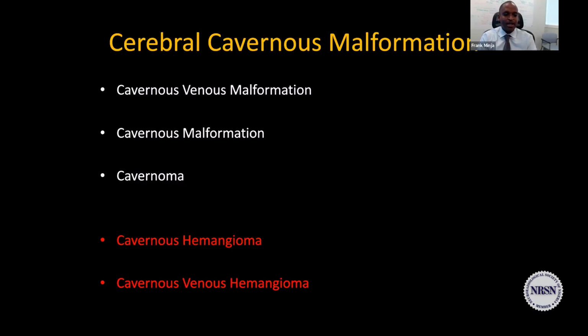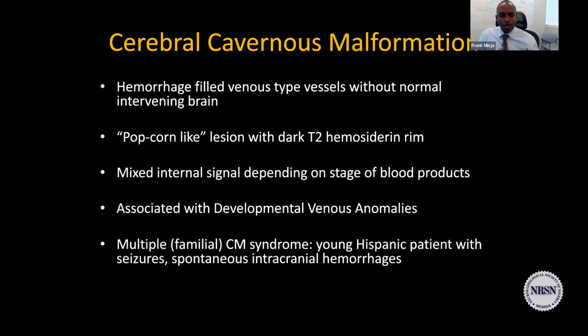In parentheses, I say cavernoma to allow our clinicians to know exactly what we're talking about, and they're very, very familiar with the term cavernoma. So what are these things? These are hemorrhage-filled venous type vessels without normal intervening vein. Sometimes I say this is a vein trapped in the middle of nowhere. People will say these are immature blood vessels. They're called venous lakes. There's other ways to kind of think about it from a